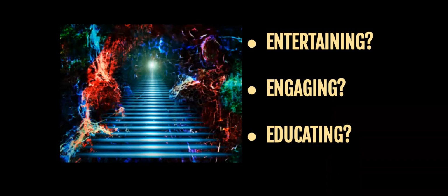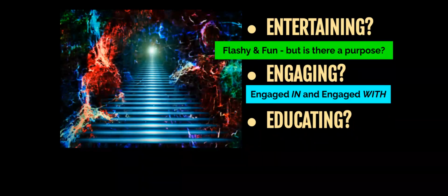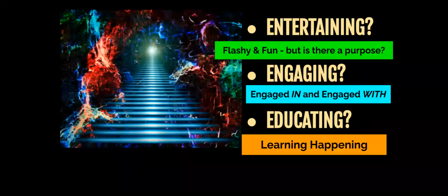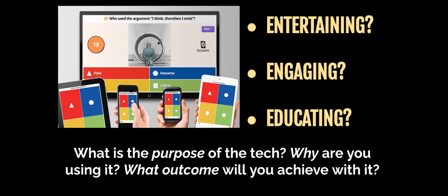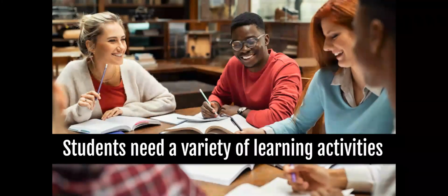All right, so you want to make sure that you are not just using technology to entertain and to engage, but using it to educate your students. It's not just flashy and fun, but it's for a purpose. If you get your students engaged in and engaged with the task they're doing, you will be educating them and learning will be happening, okay? So it's just one tool in your teacher toolbox. And your students are going to need a variety of learning activities, and we're going to